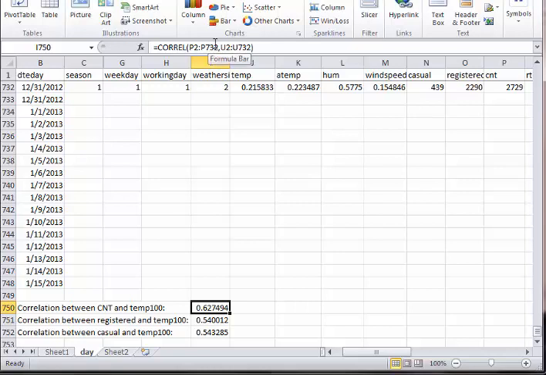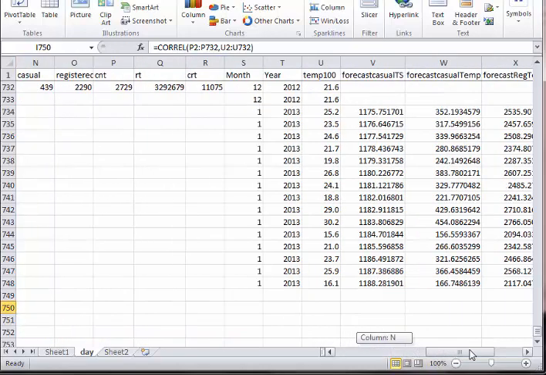You can use this for any data set you want. And I did that also for the registered and the casual, just to see if one was better than the other. Combination is better than the other two, so I stuck with that one. Then I come over here,